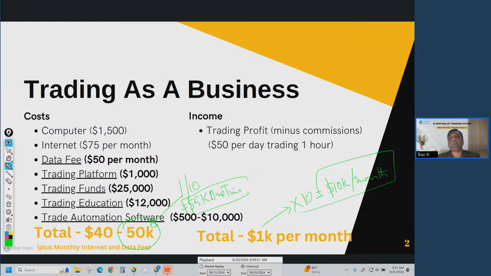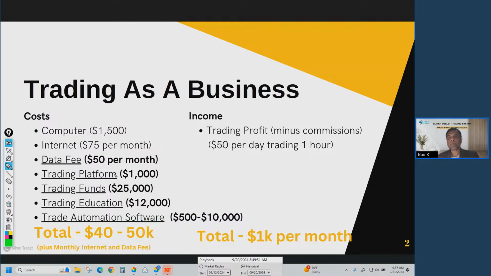So this system is about being able to achieve these kinds of numbers, and if we are able to achieve them, then we believe that could be considered financial freedom, because once you hit this, once you know the formula, once you understand how to achieve this number, there is no limit on the upside. You can scale your business, scale this trading business. So moving on to the next slide.